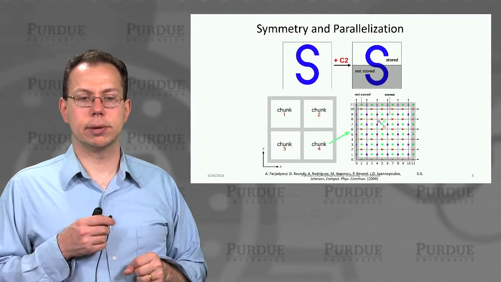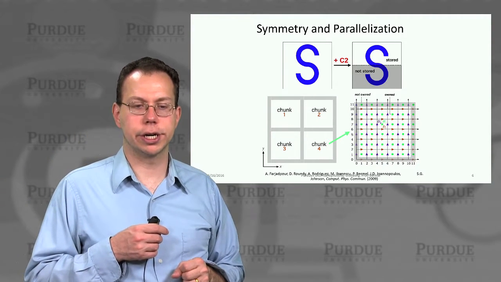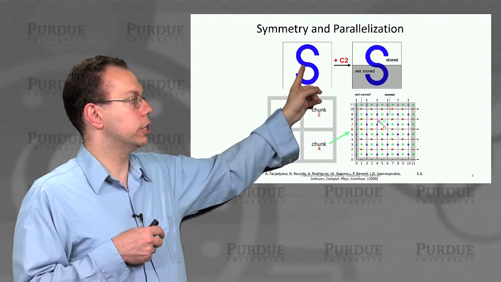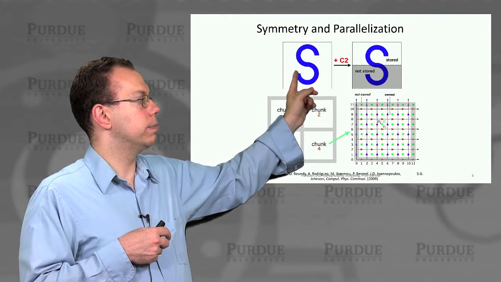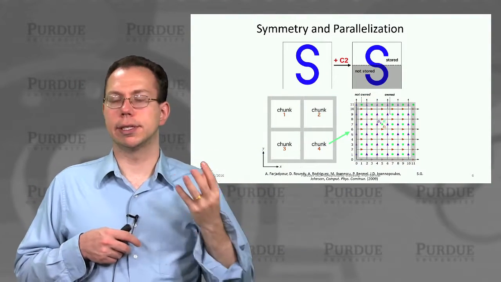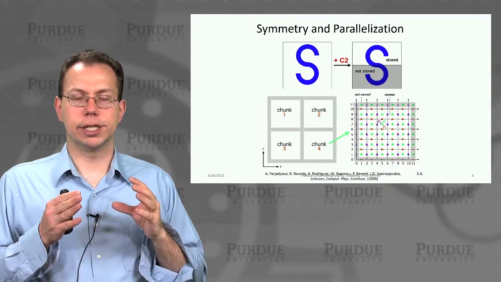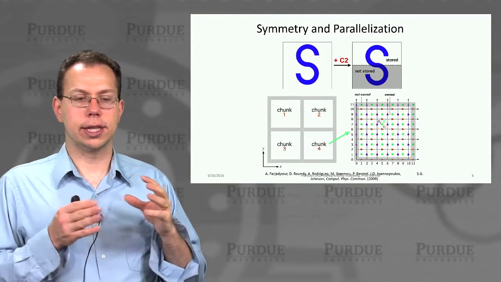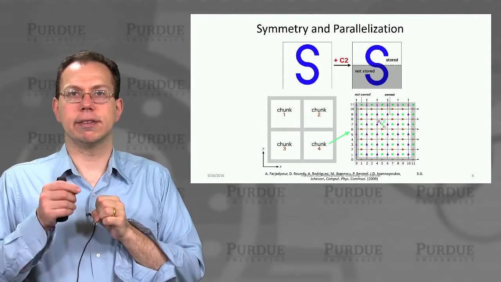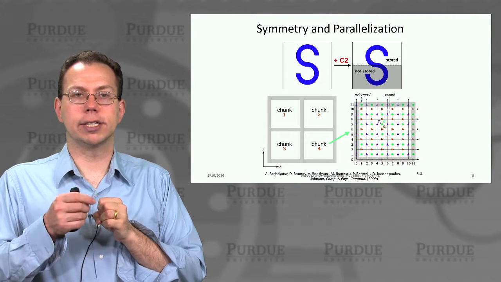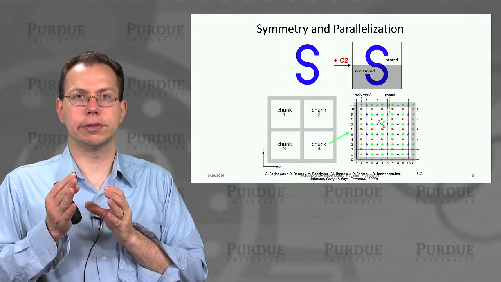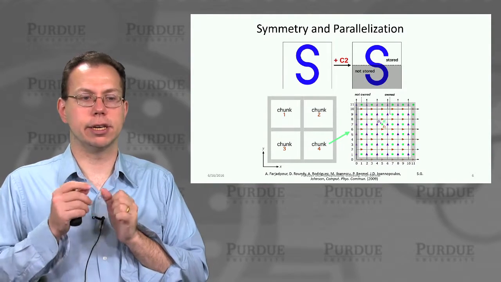And then for the symmetry and parallelization features that I mentioned earlier, this is showing that if you had, say, an S structure with perfect symmetry, then you can use C2 rotational symmetry to split this into 2 halves, one of which is the region that's actually computed and stored, and the shaded region is not stored. But if you try to plot the fields, the program recognizes based on the symmetry what the field should look like. So you can still plot the fields for the whole region. You don't have to manually infer those.